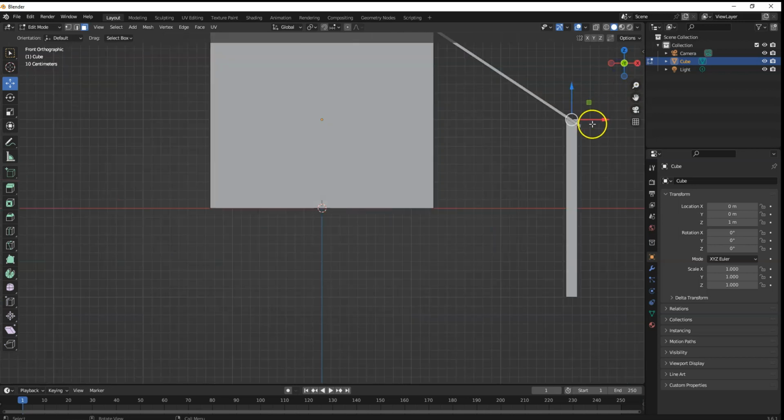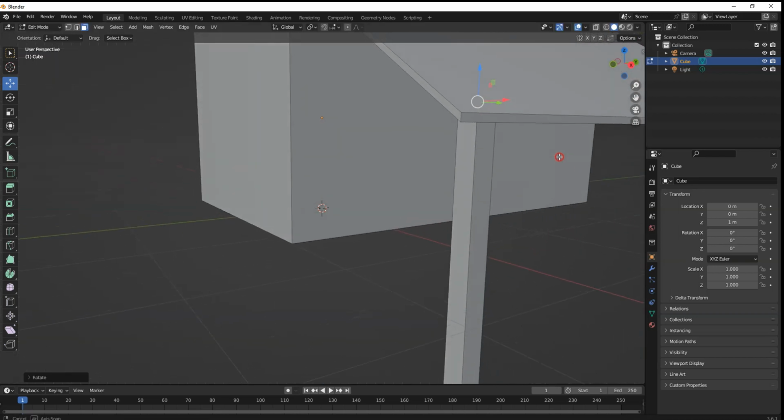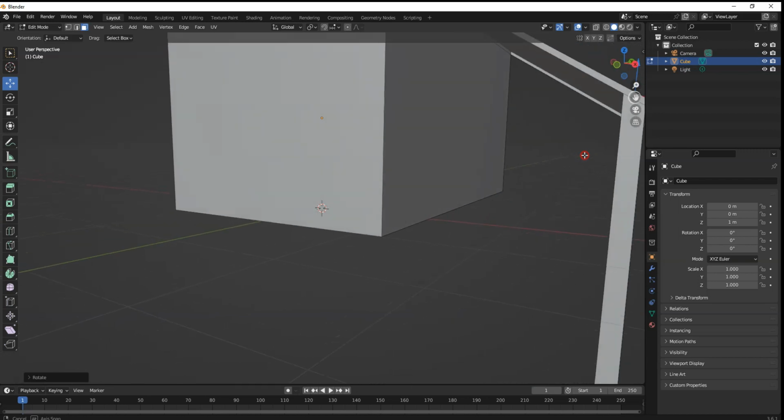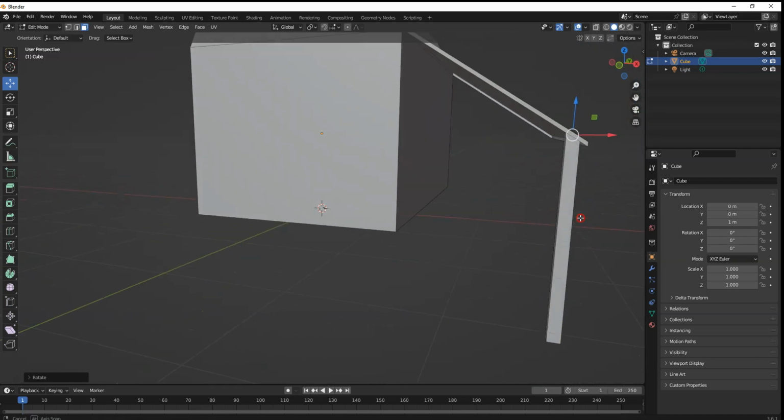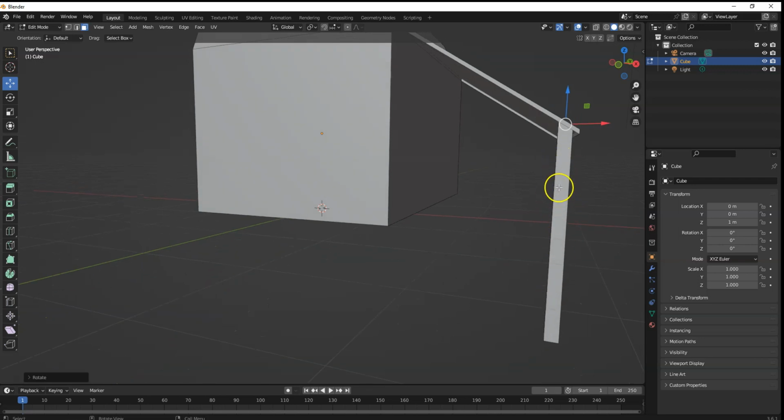So let's go back to our negative Y here. And I'm actually going to just do a rotation. And we're just going to angle that just a little bit so that wood is in there. Now, of course, it's distorting our shape just a little bit, but that's okay. And you can see, though, that now it looks like it's angled inside of that wood. Now, we do, of course, probably want to bring this up again so that it's fitting more within this